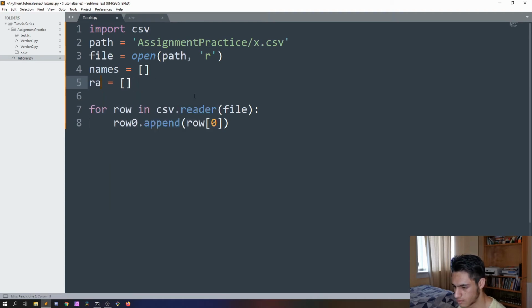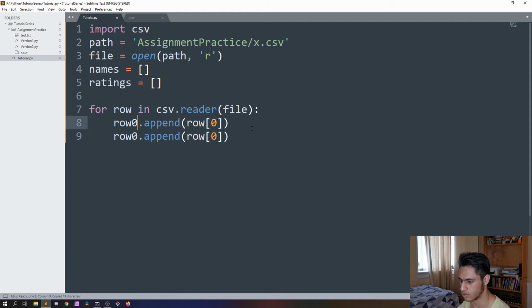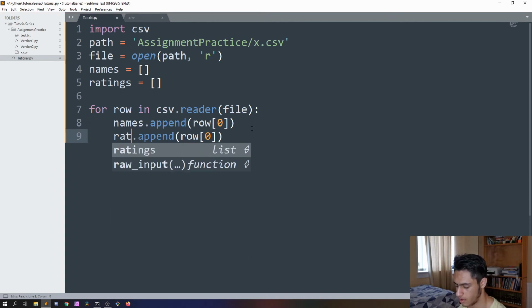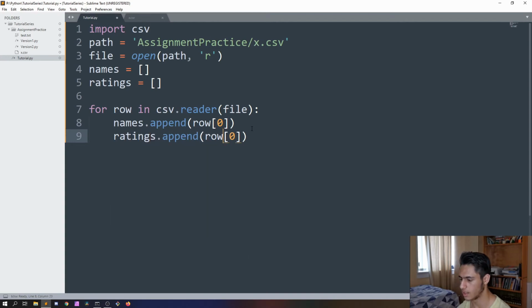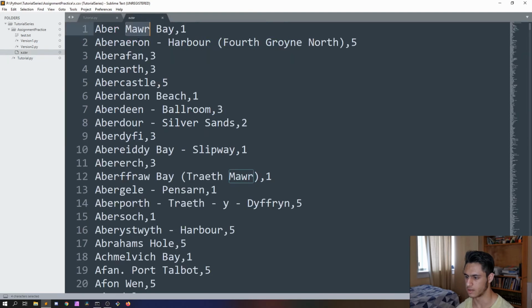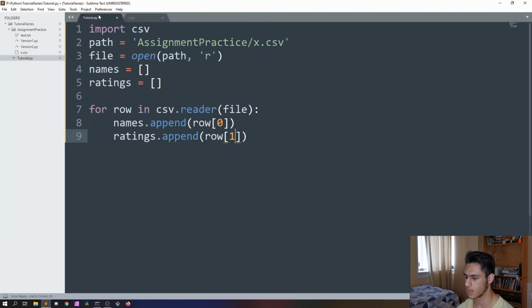Ratings. It takes the beach name and stores it over here, but we haven't stored the rating, so we just copy this, and we need to also change the names. So this would be names, and this would be ratings, and we append the second element of that list, which is our rating, over here. And